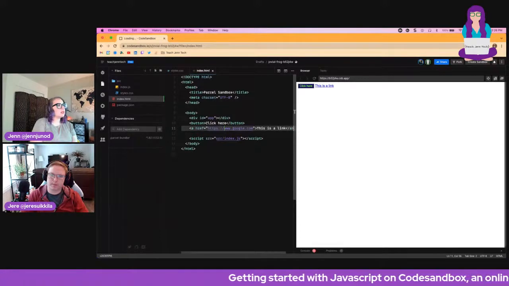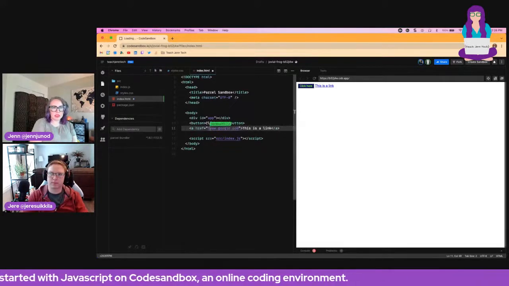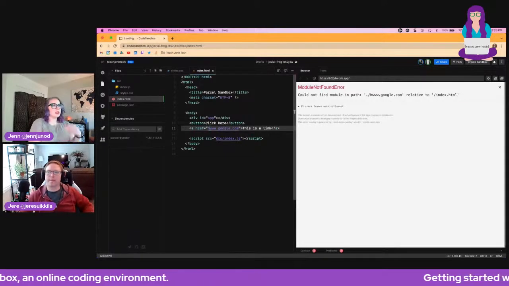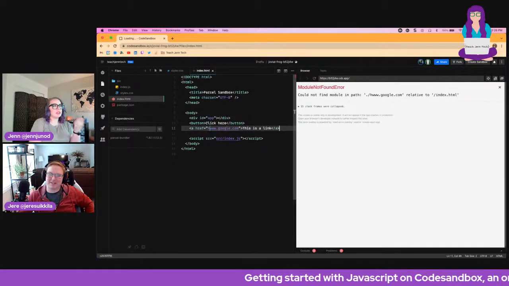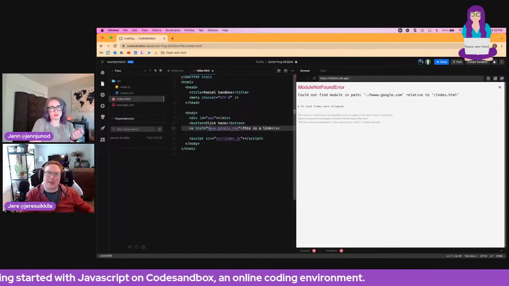And if we go back to that error, is there something that I could have known that that was the error? Because I feel like that's something that I get really confused on. It's just saying a module in path. It doesn't necessarily say, oh, it's because the HTTPS is missing.